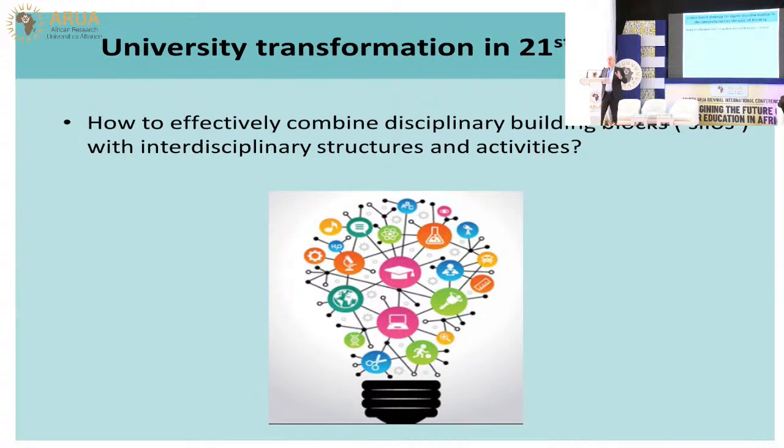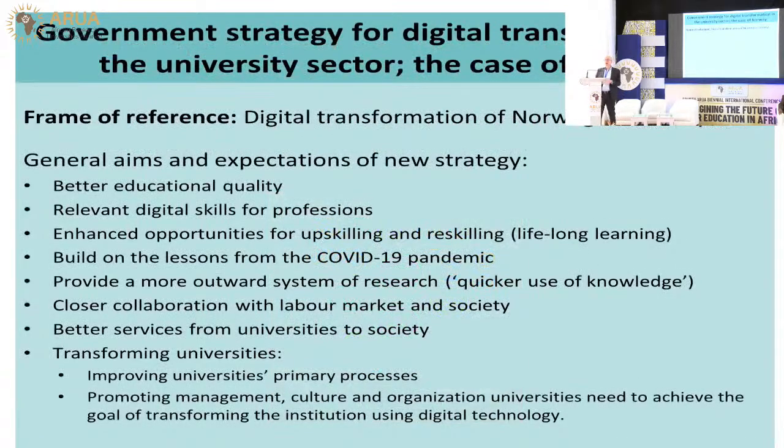Finally, we've been talking about government. Let me share with you the strategy of the Norwegian government when it comes to the use of digital technologies in universities, addressed in the title of a recent policy paper as Digital Transformation of Norwegian Society and the Role of Universities in it. And it's lots of words, like all government papers. So it's always a challenge. What's the message in here? What can we learn from it? Where do we have to really pay attention?